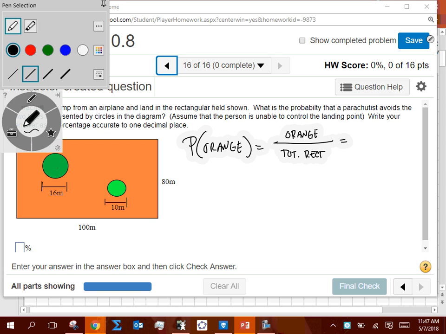And is the orange the same as the rectangle minus circle 1 minus circle 2? Does that kind of make sense? Okay. So we could do it that way. All right. So